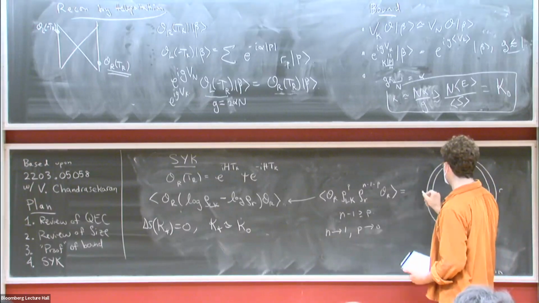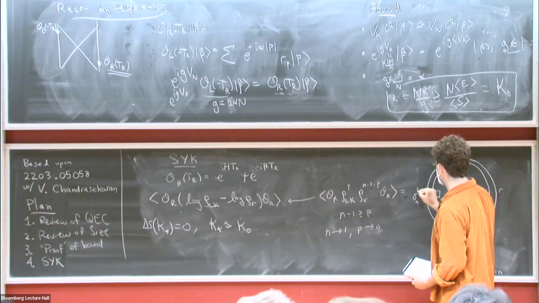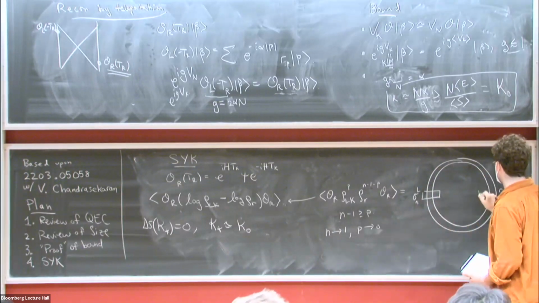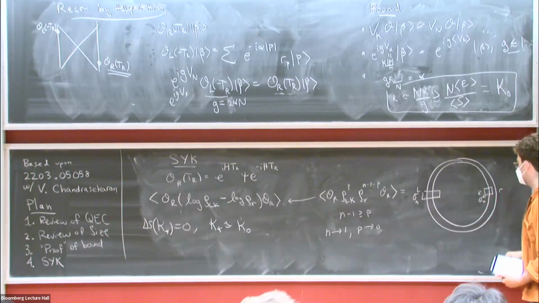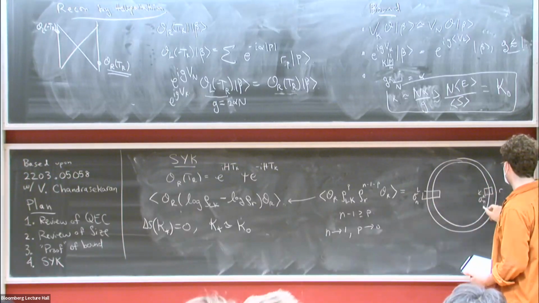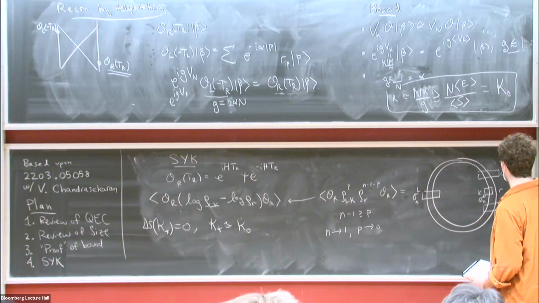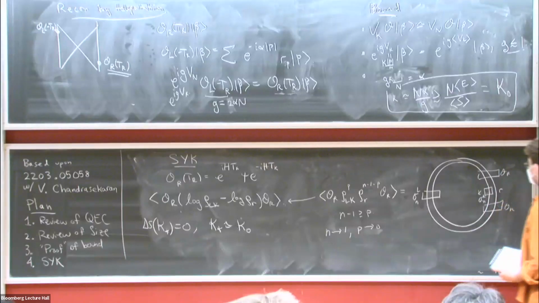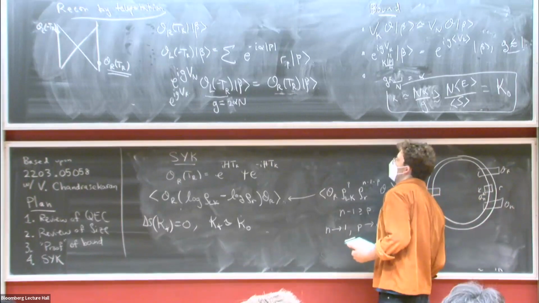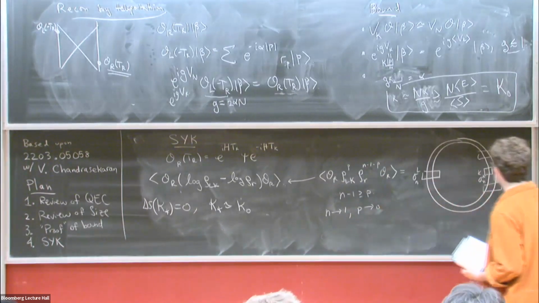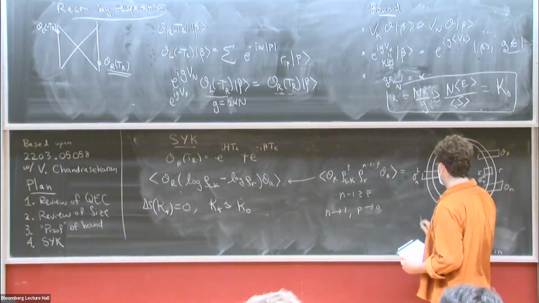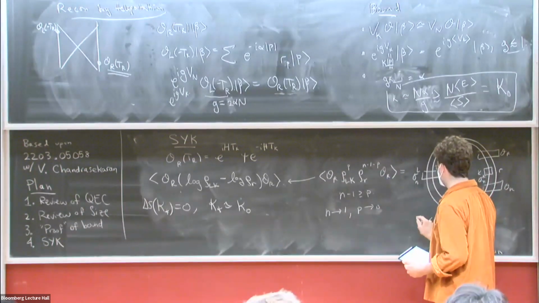And this quantity can be computed by inserting a twist operator here, sigma_N on L, and a twist operator just on K, sigma_{-N} on K. Then you have your state creation operators, which live over here. This is O_R, this is O_R. So this is how you compute this in terms of twist operators, but in the limit where K is much less than N, but much bigger than 1,